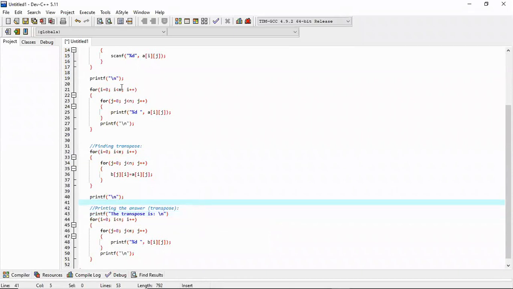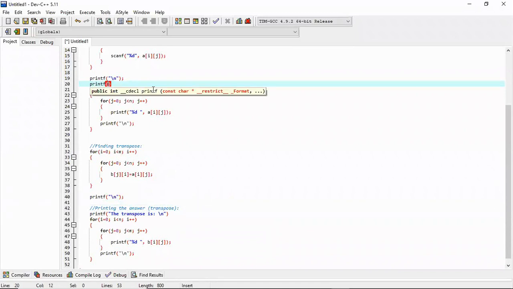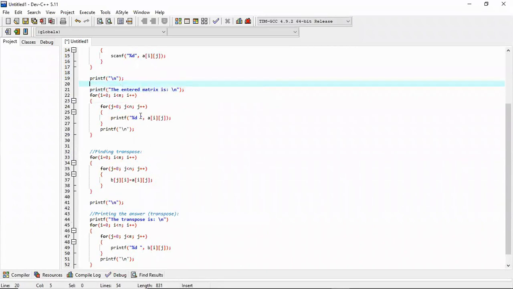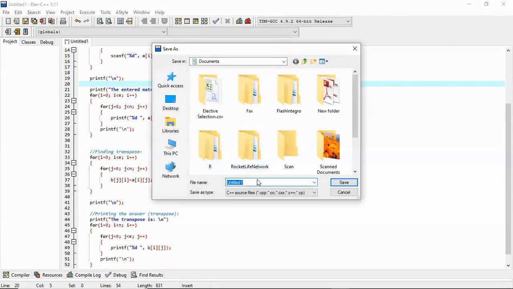And here we can write printf "the entered matrix is \n". Done. So here we are just telling the user that this is the entered matrix and this is the transpose. Let us save this program and call it transpose.